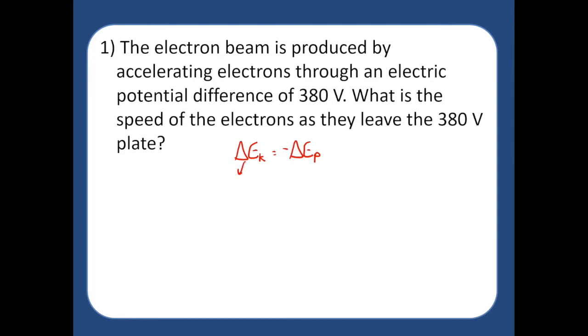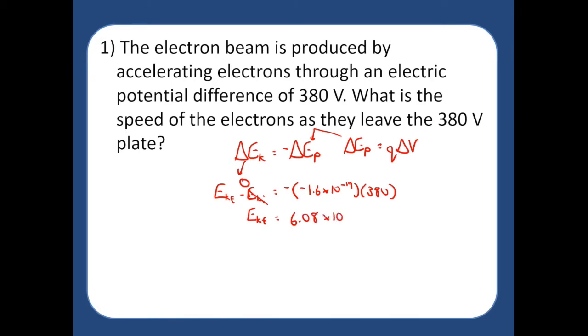If we take our delta EK and we break it down, EK final minus EK initial, we know that there is no initial kinetic energy because we're essentially stating that the electrons are stationary, which means that on the left side of the equation, we simply have EK final. On the other side, we know that there's another equation that can represent our change in potential energy in terms of the charge and the potential difference. And so based upon this equation, we can now plug in our values of charge of an electron and the potential difference that is listed to give us a final kinetic energy of 6.08 times 10 to the minus 17